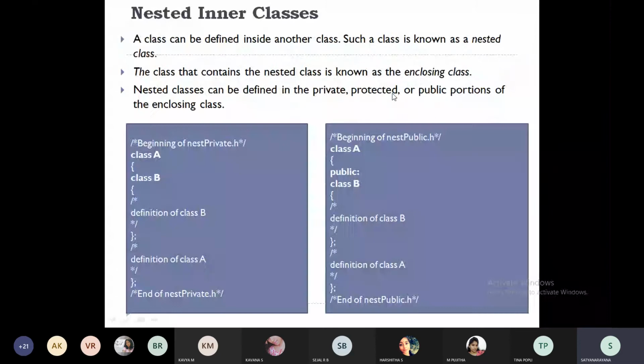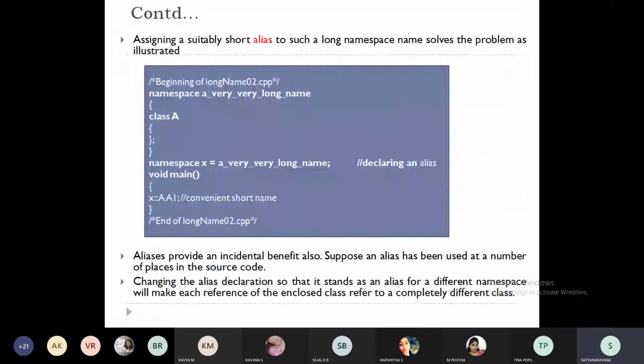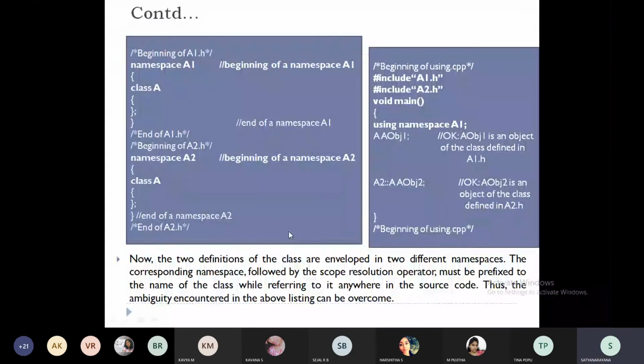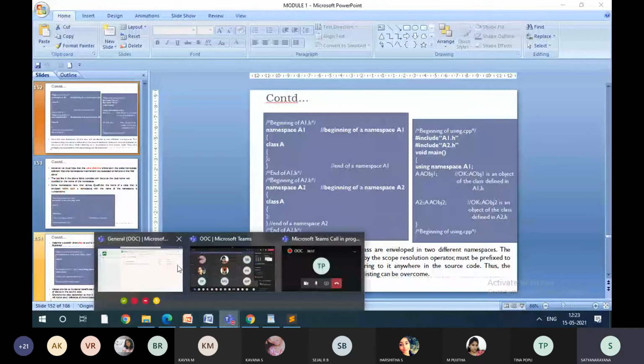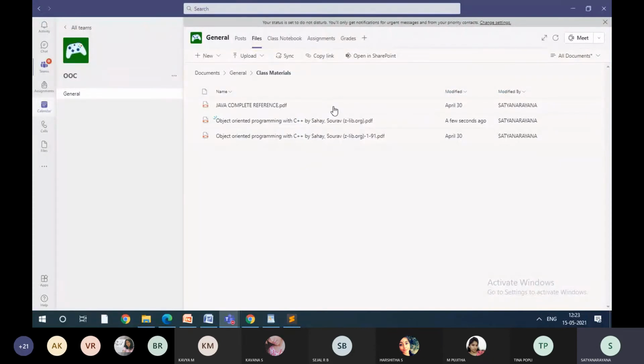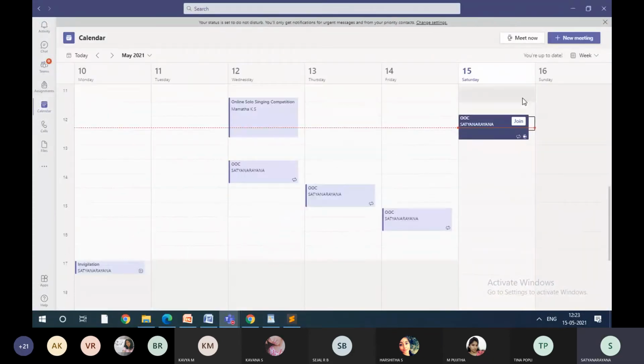Any doubt with respect to these namespaces? Do you want me to explain once again? Just give me 1 minute. I'll explain. Oh, it is uploaded. You can make use of it. Ask me if there is any question.